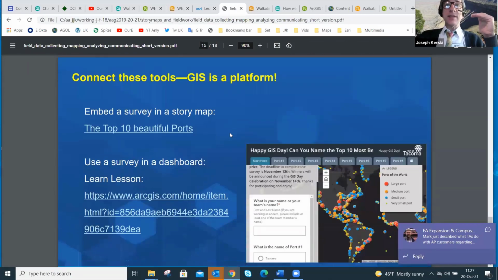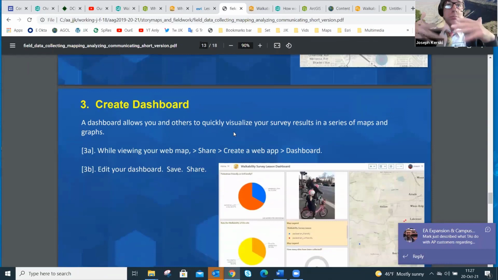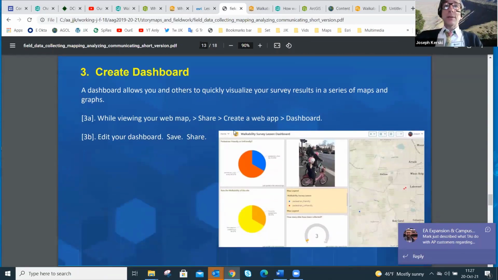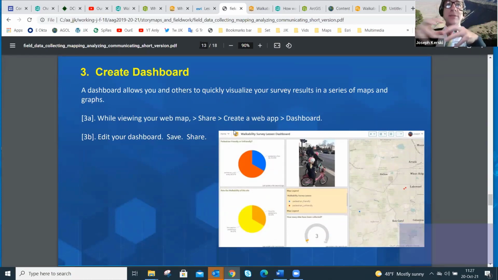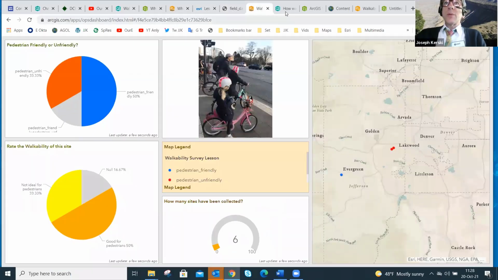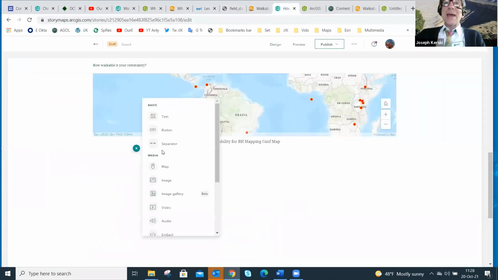And in the slides that I have, this is where we are in the slides. Why do we want to have a dashboard? Again, think about this, folks. You don't want to put elements into your story map just because they exist. You want to do it in a way that is going to communicate the results effectively. So in this case, the idea is, why is walkability important? Why do communities care about it? And let's show the results of the walkability survey in my own community, and then the dashboard thus far as of this point in time. So inside my story map, I can put a link into the dashboard.